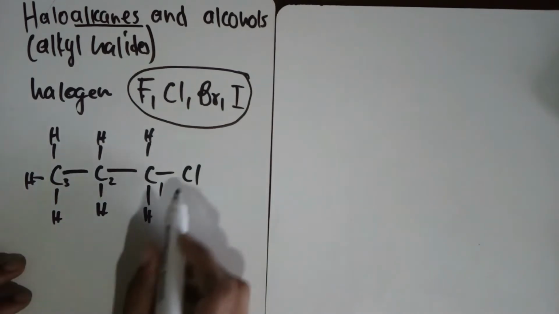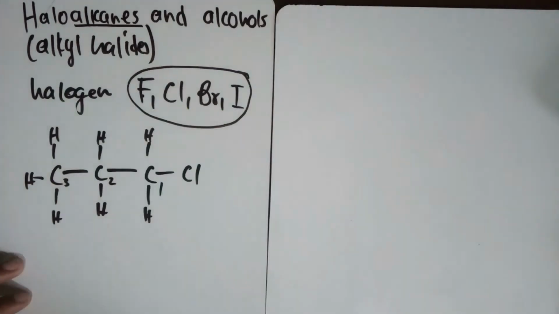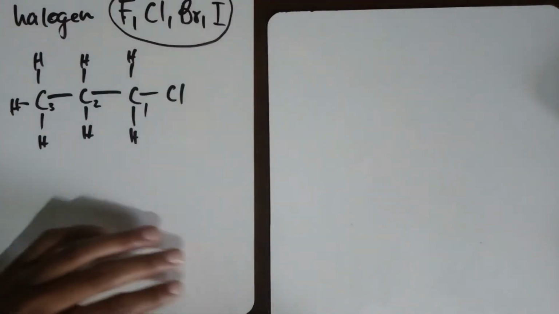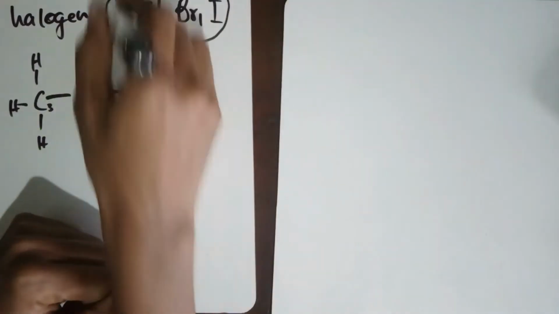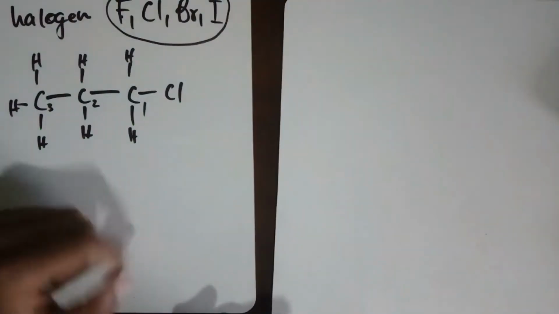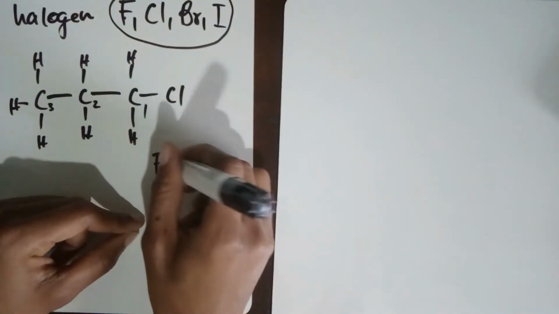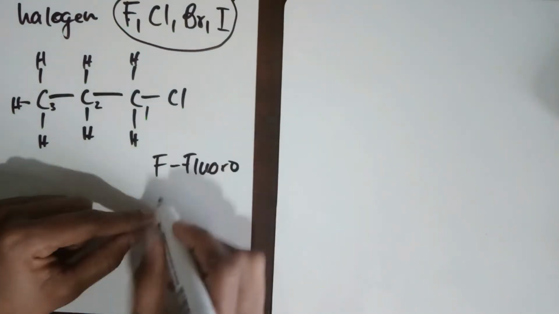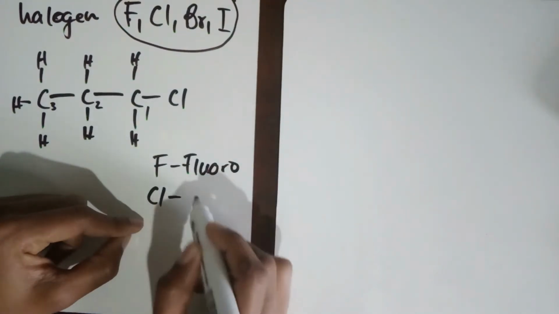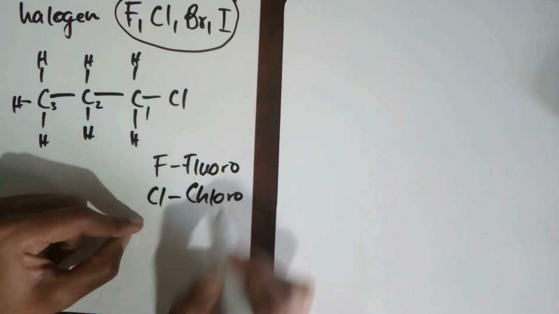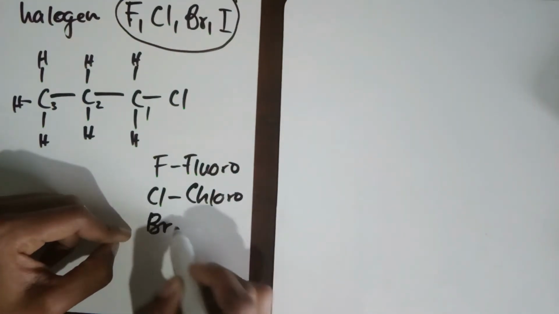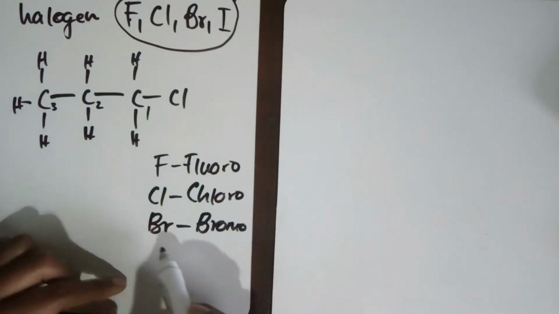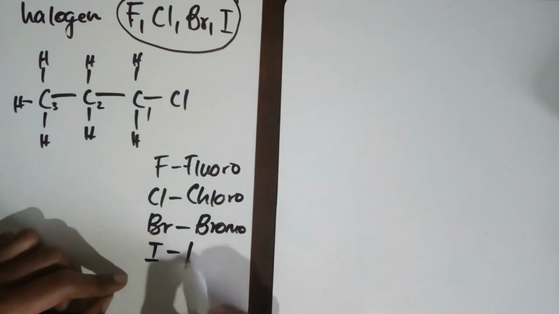So we would say, okay, our substituent is chlorine, and that's actually something I should have mentioned before. If our substituent is fluorine, we say fluoro. If it's chlorine, we say chloro. If it's bromine, Br, we say bromo. And if it's iodine, we say iodo,